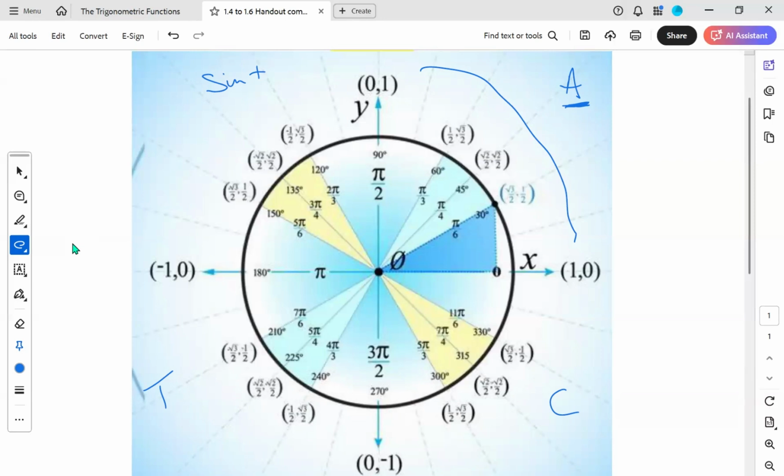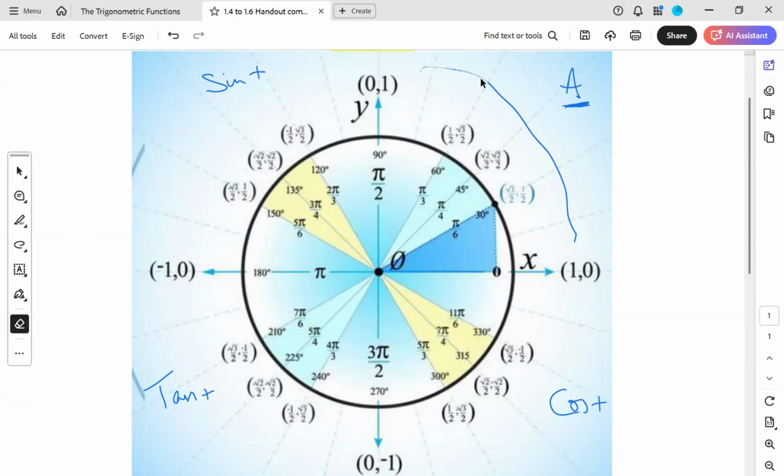All right. Then we have tangent is positive in quadrant three, which obviously means cotangent is also positive in quadrant three. And then cosine is positive in quadrant four, which means the others are not. Except for secant. Secant is positive. It may be kind of hard to see this,